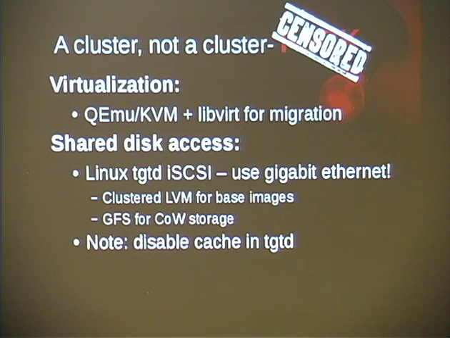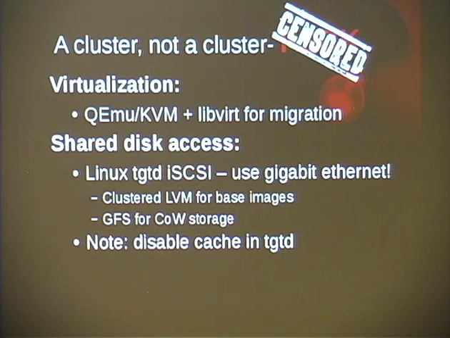Again, clustered LVM for putting the disk images in there, and GFS for the cloud storage, the copy-on-write storage. GFS is Global File System. It's basically a block file system that you export as a disk image, and you can concurrently read and write to that file system. It's journaled between all the systems that are on it. When you create the file system, it's got a set number of journals on there,